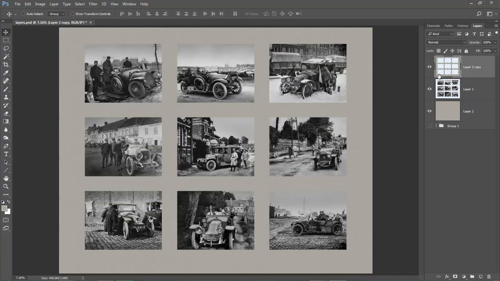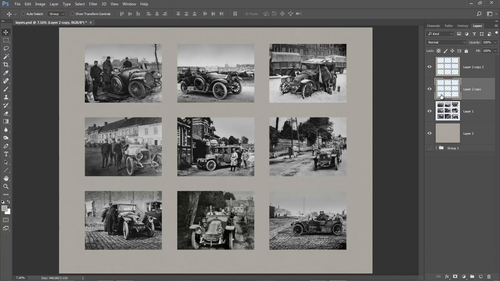Thinking about doing it, there we have it. At the moment it doesn't look any different, but you can see the difference over in the layers. Now I need to make a copy of this. Same as before, Ctrl-J. Select the one beneath, because what we need to do here is to create a shadow